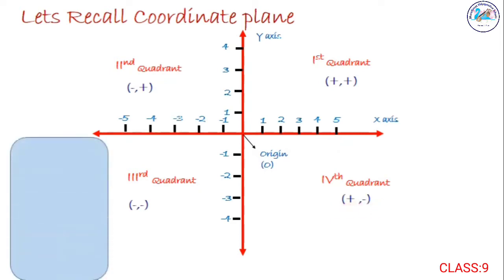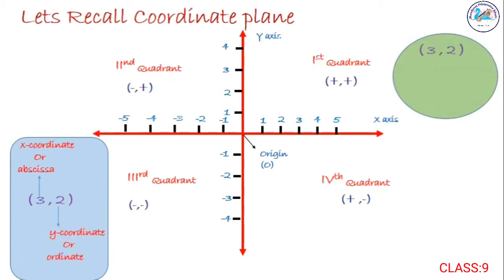Now let us have a quick recall about the ordered pair and points on the plane. For example, consider the point (3, 2). This is called an ordered pair, and 3 is its x value or x coordinate, another name for which is abscissa, and 2, the second value, is called the y coordinate or the ordinate. Once again, the first value, 3, is called the x coordinate or abscissa, and the second number, 2, is called the y coordinate or ordinate.